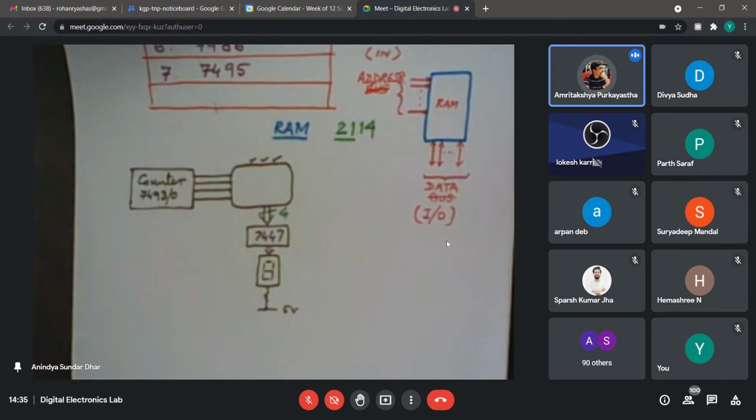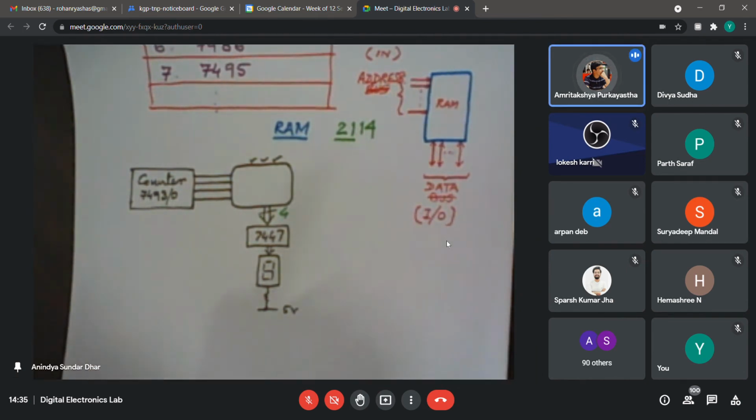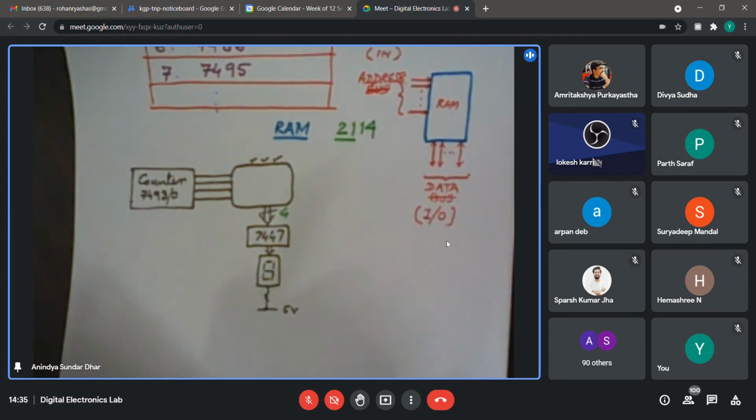Yes, in every 10 address lines, we can store a roll number, maybe. Like in every 10 locations, we store a roll number. You are saying in every 10, so you want to repeat that depending on how many locations are there, so that it continuously displays.